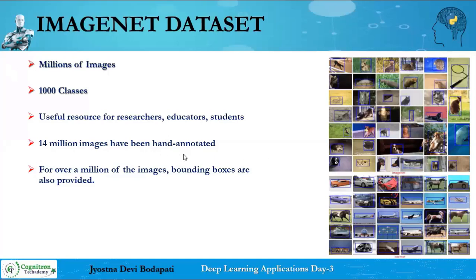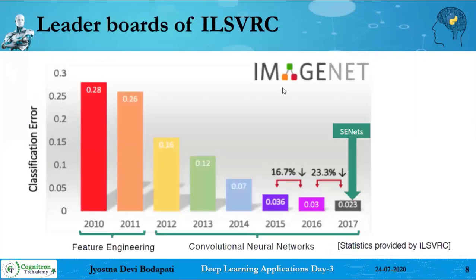So the label data is available, and the bounding boxes are also available, so that you can use it for object detection and for localization purposes also. That's what the ImageNet dataset is. It is a useful resource for researchers, educators and even students who are working on deep learning models. Now if you observe the leaderboards of this Large Scale Visual Recognition Challenge, the ILSVRC challenge,